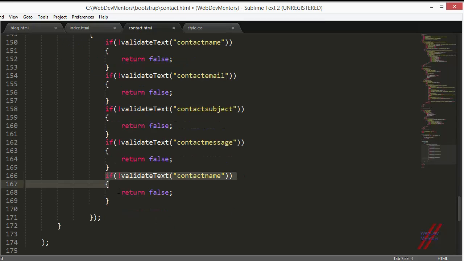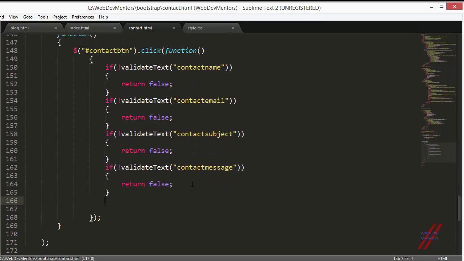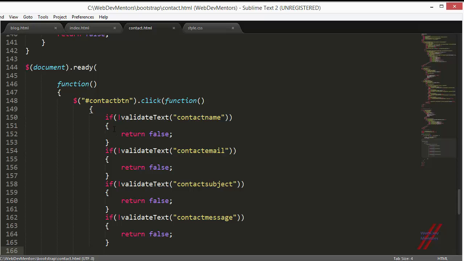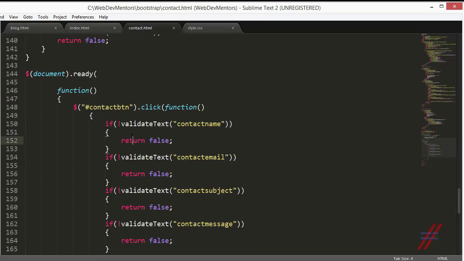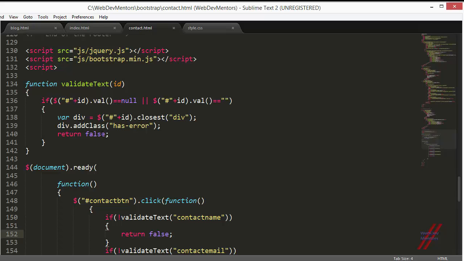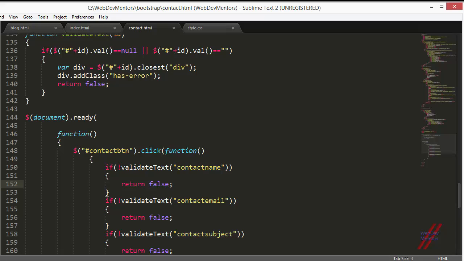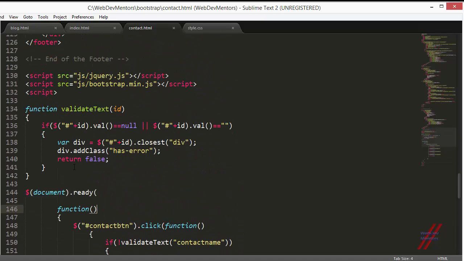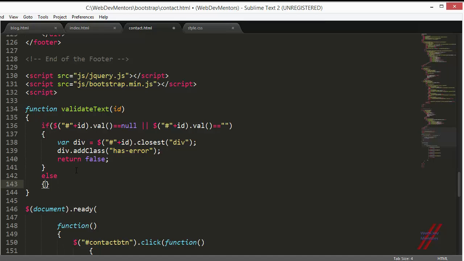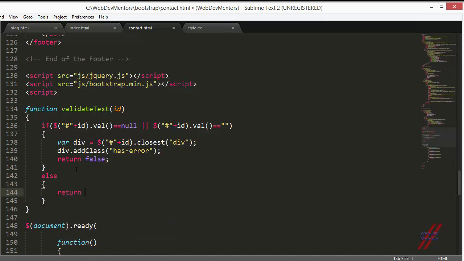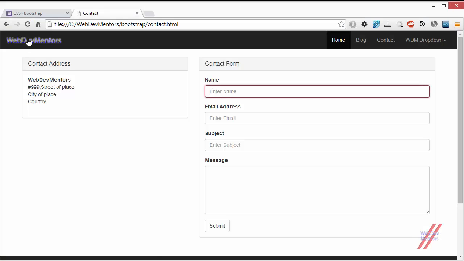So we don't need this. We're going to check each and every element in my form. Now, the reason why I have added not is because if there is an error, it's going to return false. I am checking for true in here. So if the false is coming, it's going to convert it to true, and if it has no value, I'm just going to return it as false. If you're using true in here, you don't have to use the not. So please keep this in mind. And we also have to create an else in order to make sure it's going to return true in this case. Okay, now I'm going to refresh it,